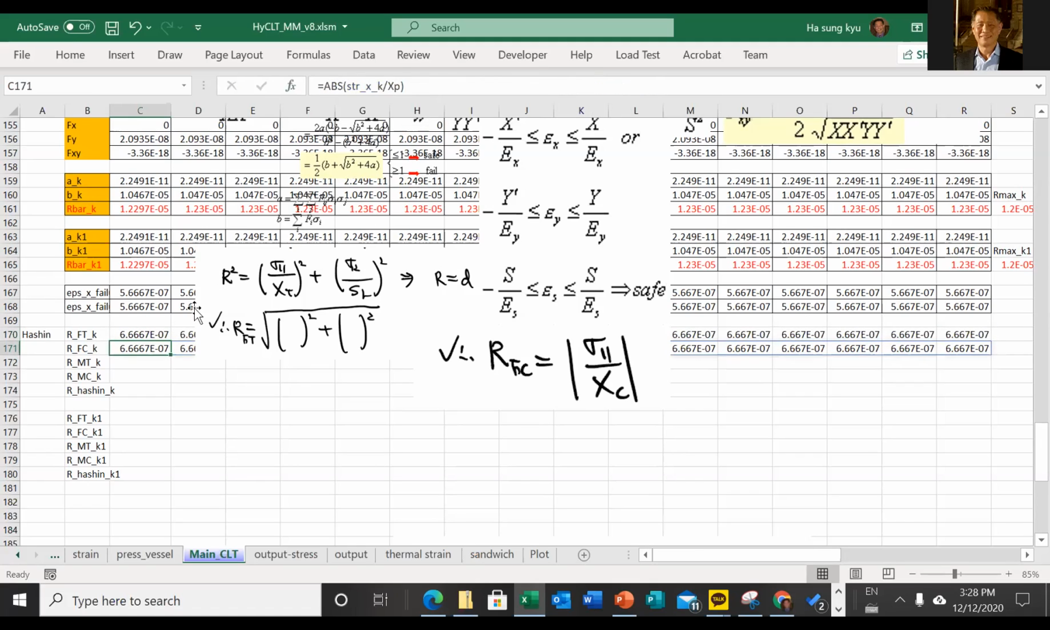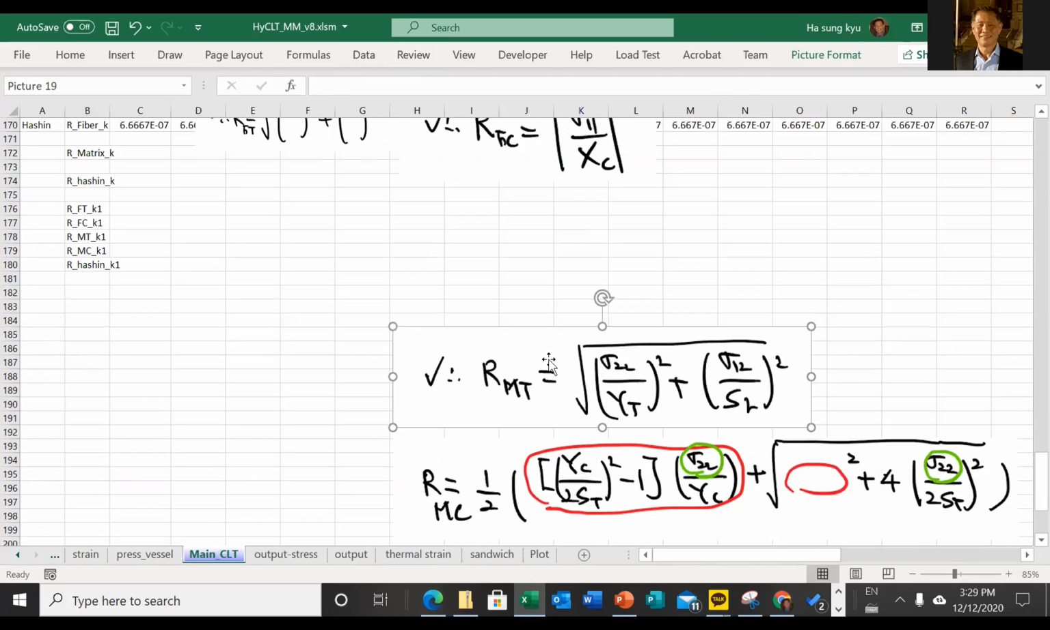So let's update. We don't need to have a fiber tension, just the R fiber. I will just say fiber, it is better that way. We don't need to define the compression. And let's say this is the R matrix. We don't need to have a compression, and we don't need this. Okay, good. Now the matrix